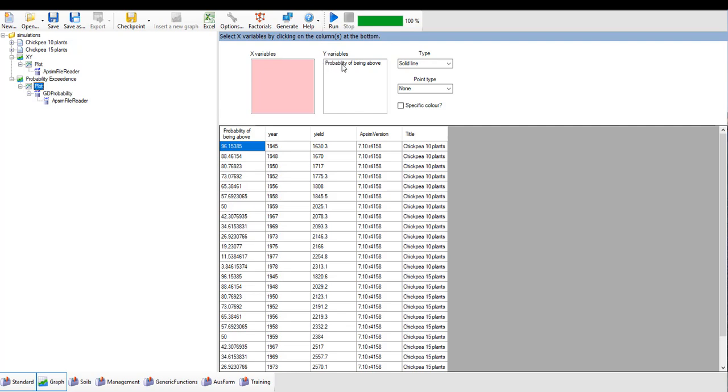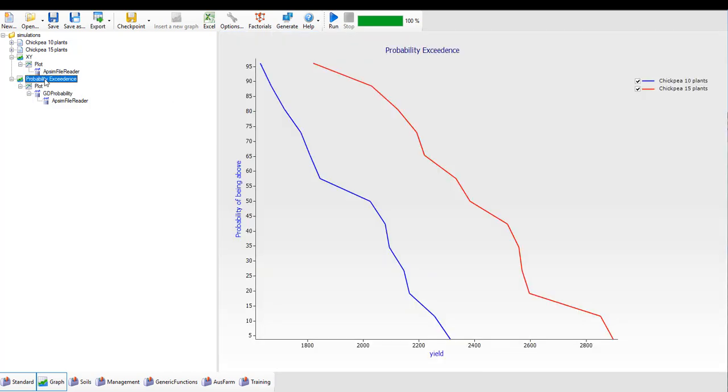Leave Y variables as probability of being above. Make sure the X variables box is selected in pink, and then click yield. And then click on the probability of exceedance plot node here. And we'll see here the probability of exceedance for our different planting densities. So our probability of getting above 2,300 kilograms of chickpeas